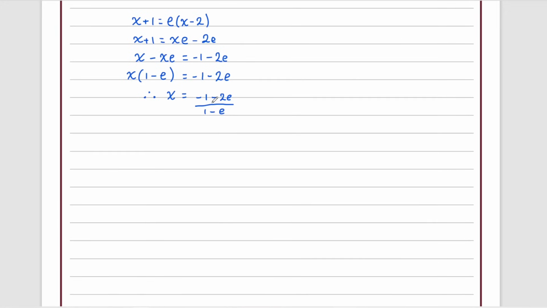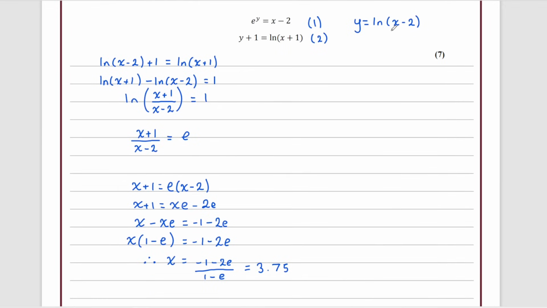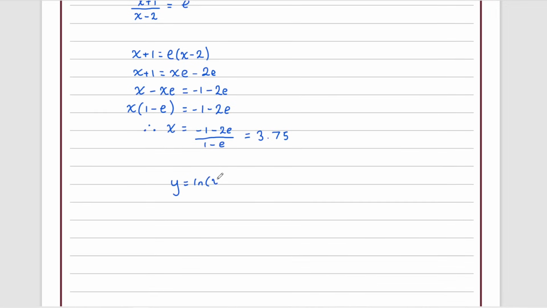Okay, so what we need to do here is just put this into our calculator. If we do this correctly, what you should find is we get 3.75. So we get 3.75 there for x. We now need y. So y here, well, we have a rearranged form for y. Don't forget y is equal to the natural logarithm of x minus 2. So y is equal to ln x minus 2. So if x is equal to 3.75, then y